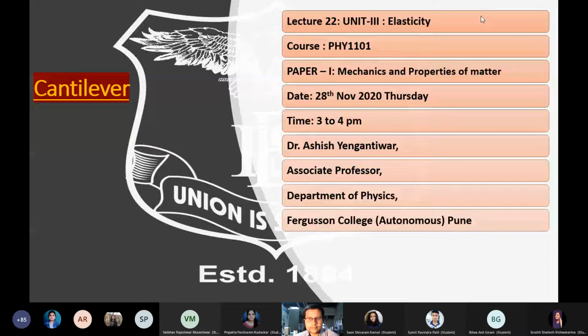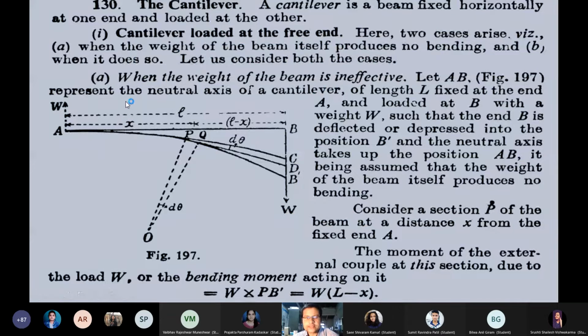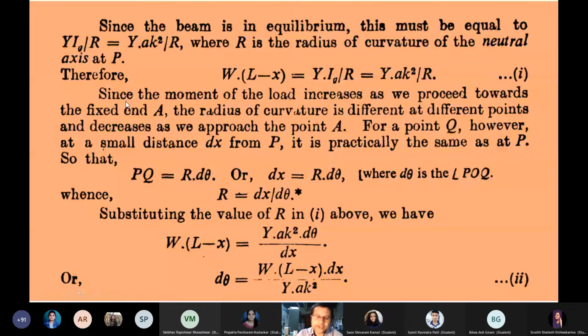Today we are going to discuss the cantilever. If you have gone through the syllabus, half of the portion we covered before Diwali, probably three-fourths of it before the Diwali vacation. But the next portion contains bending of beams, cantilever, and